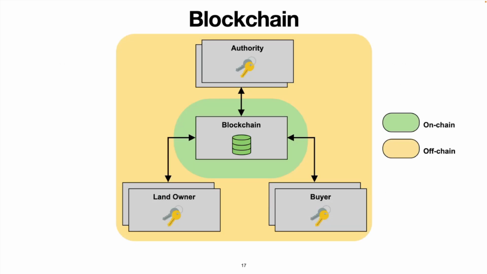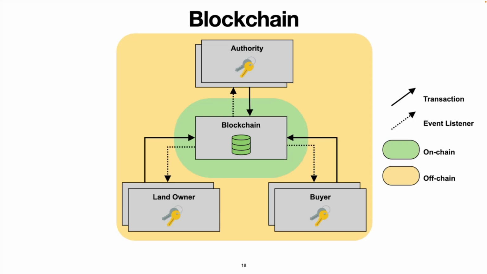So here, we'd like to talk about this important aspect of the blockchain. Anything that happens in the blockchain or via the blockchain is considered on-chain, while stuff that's happening outside is off-chain. Also, we have to note that the blockchain cannot